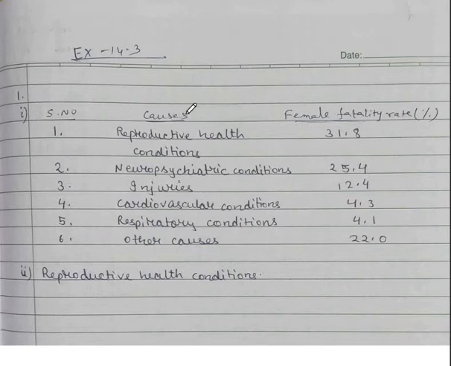We will represent this on the graph, and whenever some topics are given and their corresponding data are available, we can draw the bar graph only. So if I have to represent this on the graph, then only by bar graph we can do that. Now let us draw the bar graph with the help of this information.